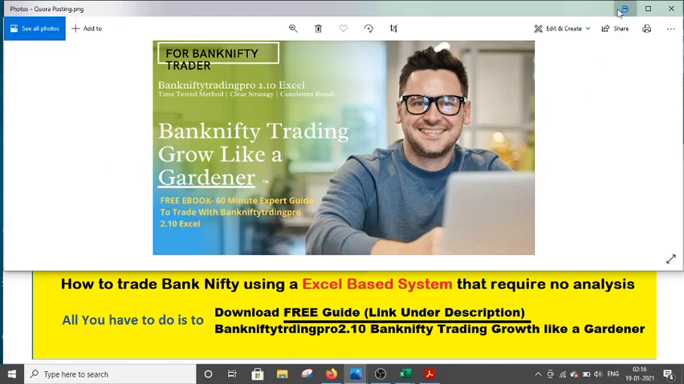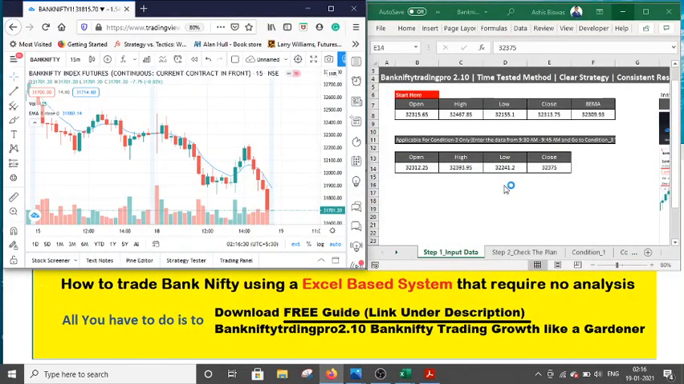I am talking today about how to trade Bank Nifty with this Bank Nifty Trading Pro 2.10 XL, where you have to enter the data from any website. You can find access to the Bank Nifty chart, and from a 15-minute chart, you will enter the first 15-minute open, high, low, close, and 8-period exponential moving average, then guided by the philosophy of trading like a gardener,